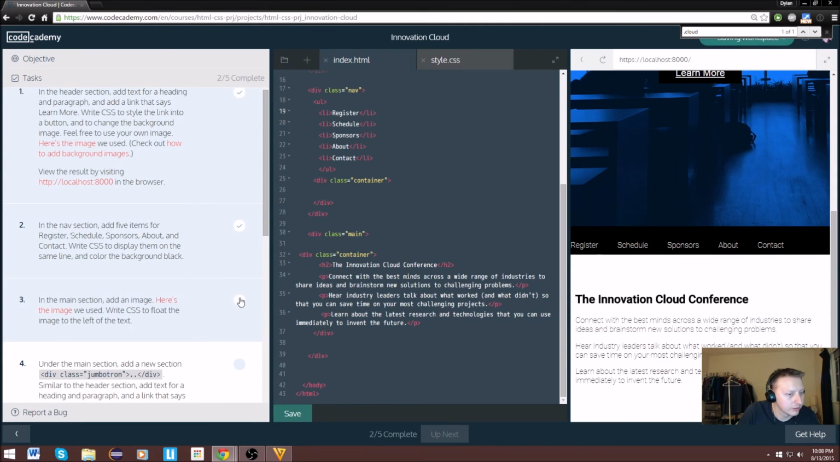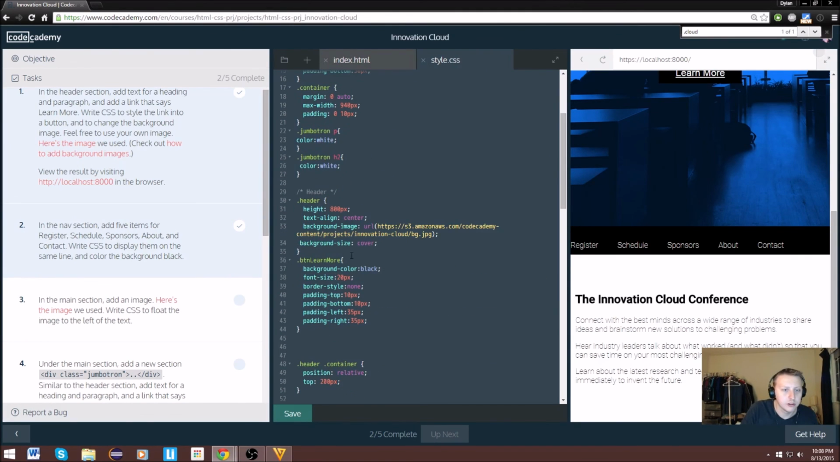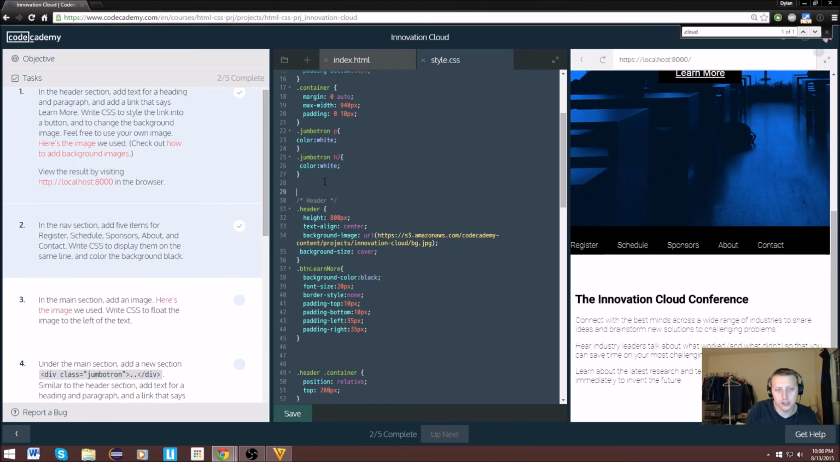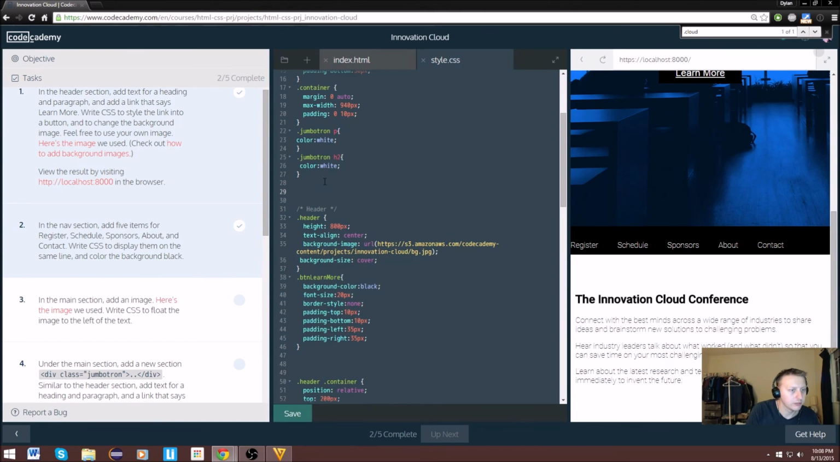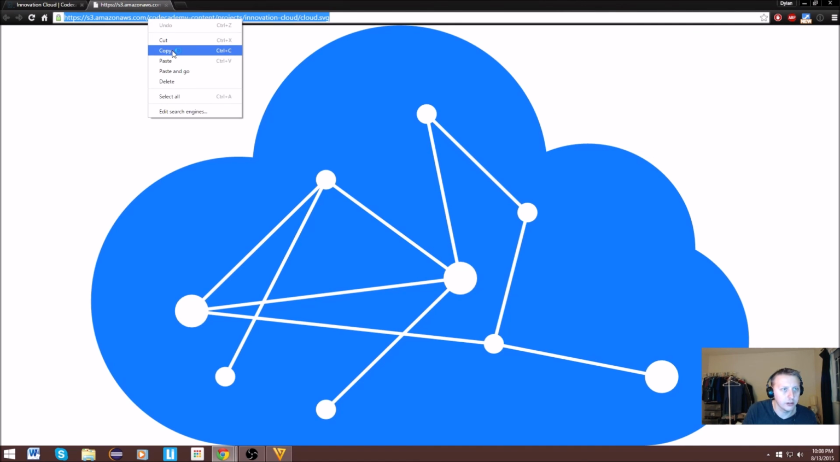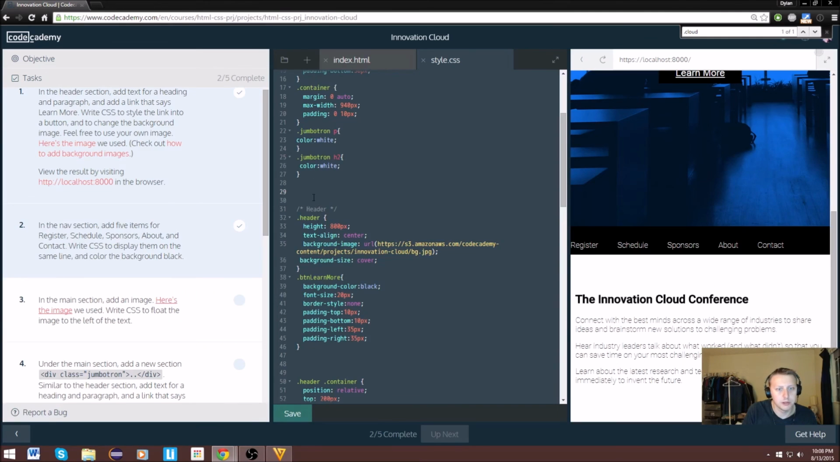Let's see here. In the main section, add an image. So we should write CSS to float the image to the left of the text. Okay, so let's write an image. If it's going to be that cloud image, let's go ahead and open that up. This is the URL. Obviously, it's going to be too big for us to use, so what we're going to do here is,